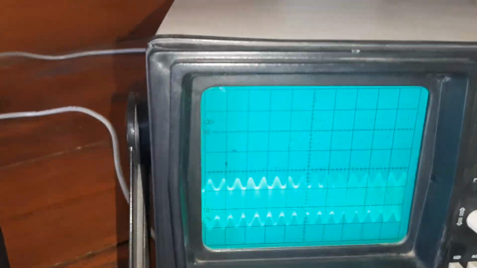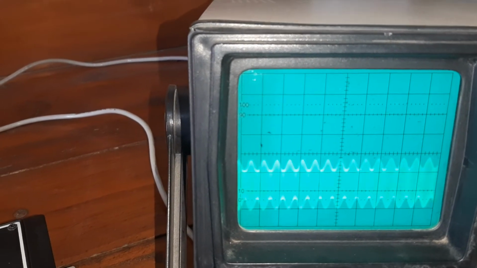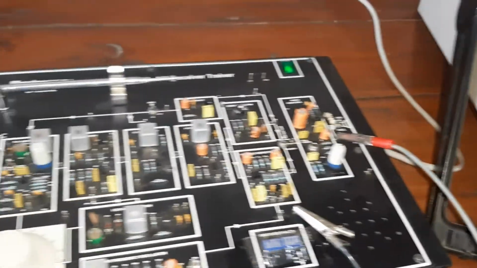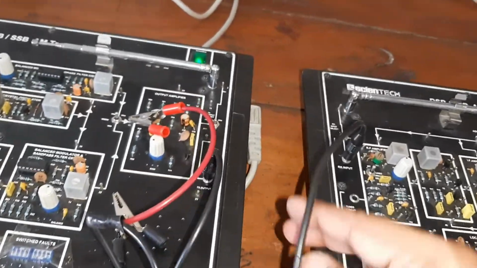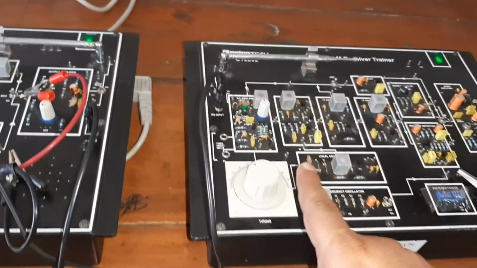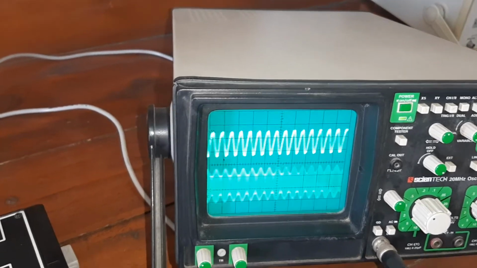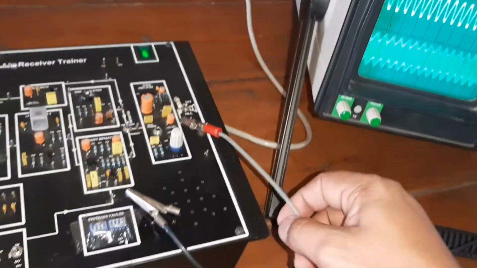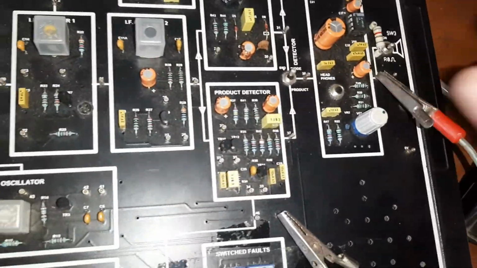This is the output of the transmitter. Now we can connect this. You can observe this is our output of double sideband amplitude modulation. Through the wired channel, through cable, we can transmit the signal from transmitter to receiver, and this is the tuning point. Now we can first observe our output signal with the help of the cable, the audio amplifier output.